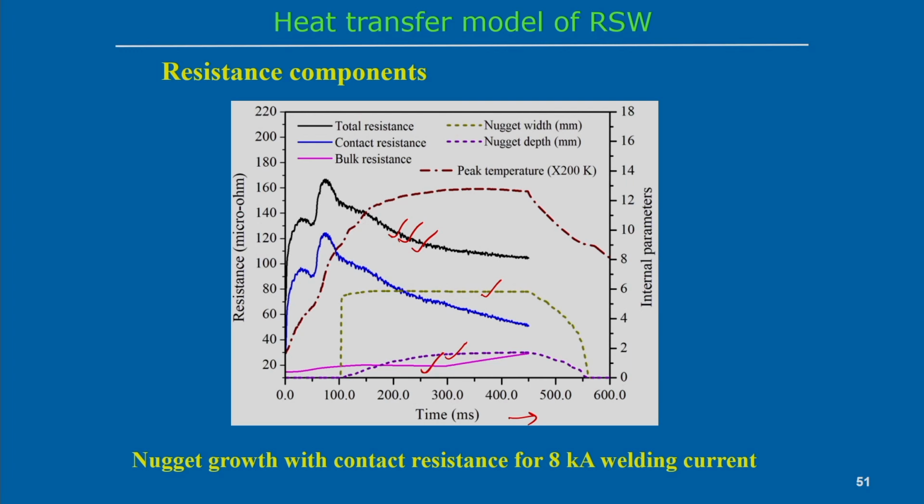Now, the numerical model helps convert the function of temperature to time, that mapping. Then, from the total resistance minus the other components of resistance, we get the contact resistance, represented in blue, and we can define it as a function of time, not as a function of temperature. Once we separate out this contact resistance value, it can be used again in the numerical model as a source of heat to calculate the heat generation. These values are important, so they can be taken as input.